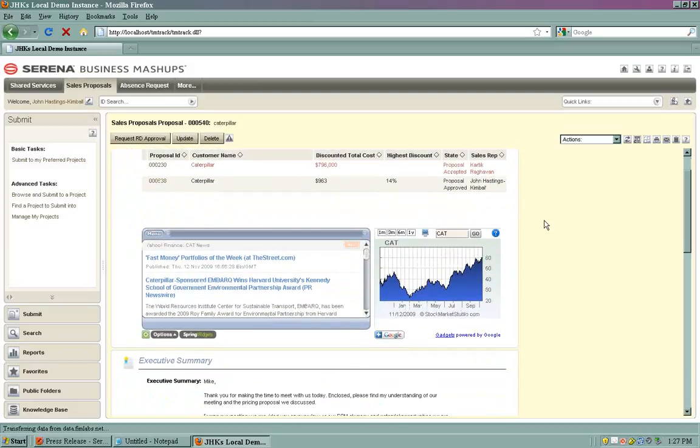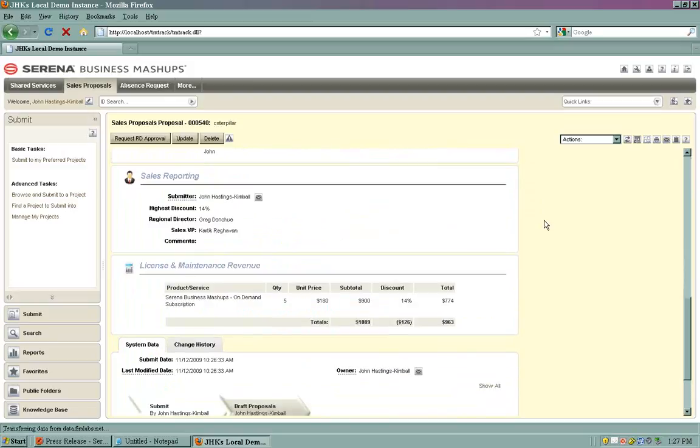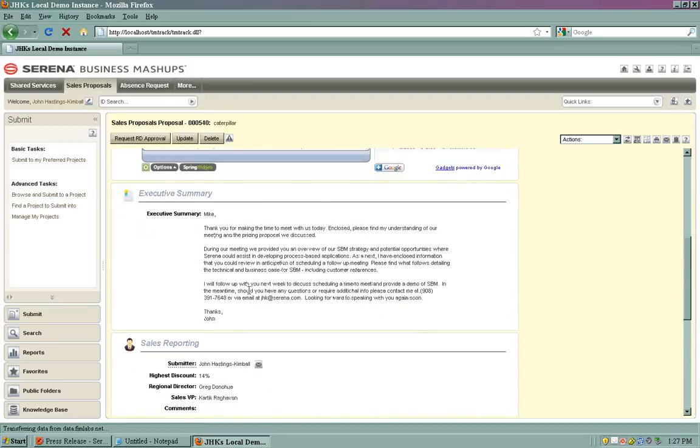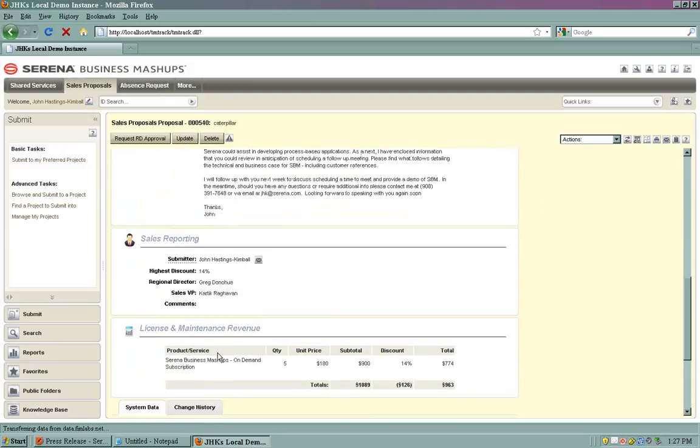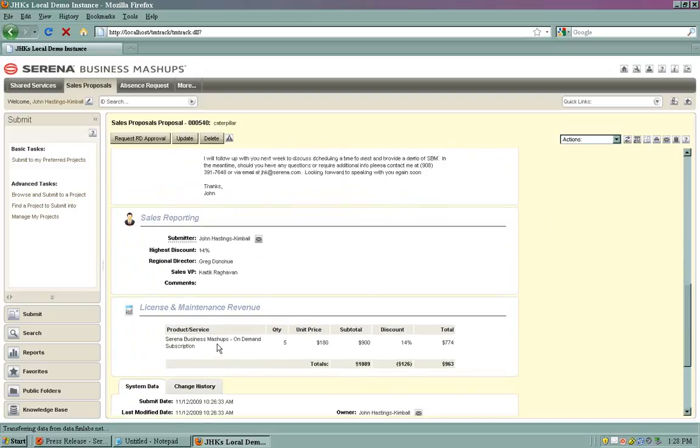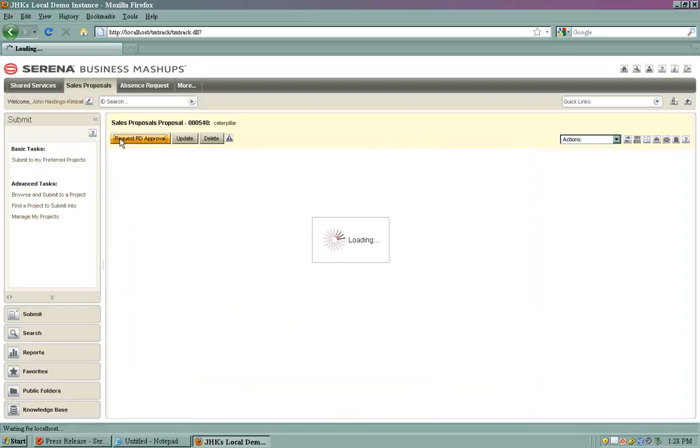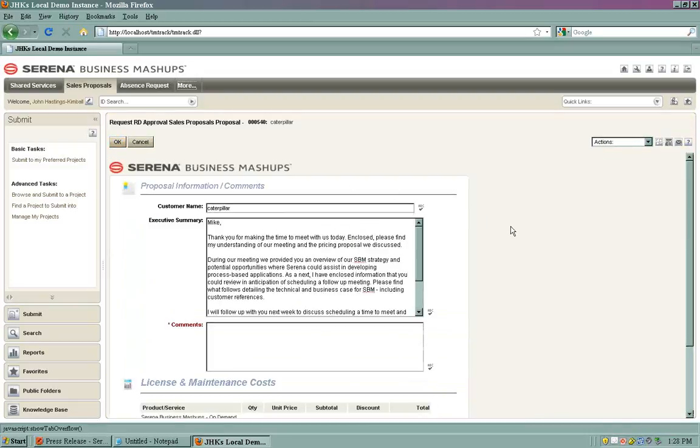As I scroll through here, I consistently have that same kind of executive summary. Here's the sales reporting section. Here's the license and revenue section. Just like the last one, I'm going to request that RD to approve that proposal once again. And at this point,